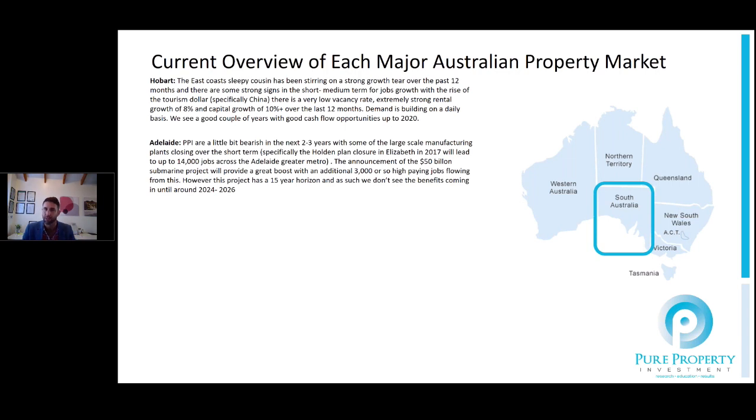I don't necessarily like the fringe markets, even though they're cheap and the yields look like they're providing 7 to 10% gross yields. I think there's going to be some very, very high vacancy rates and some very soft employment areas coming out of that over the next 3 to 5 years with certain economic factors. So I don't necessarily love it. For me, it's a proceed with caution type of market at this point in time.